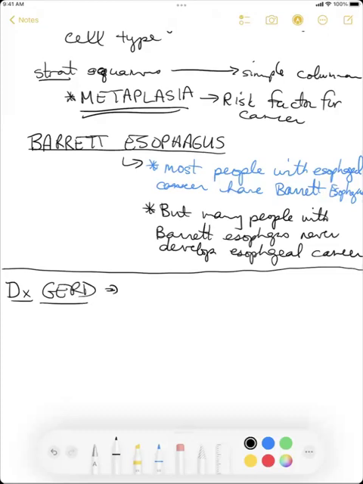So when we think about diagnosing GERD, it is generally done on clinical history. We ask people what they're experiencing, when they're experiencing it. And sometimes we will try treatments for it. We'll try certain things to see if it makes it better. We also will often want to do an endoscopy to check to make sure that there are no serious changes within the lining of the esophagus or within the stomach.